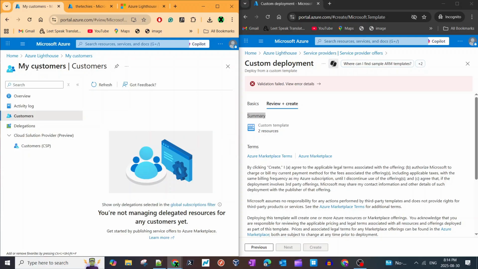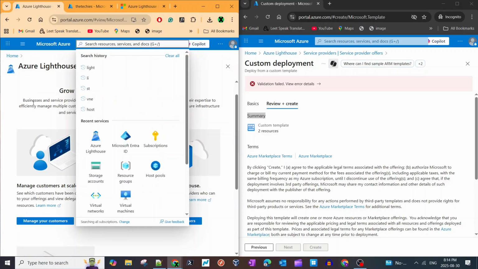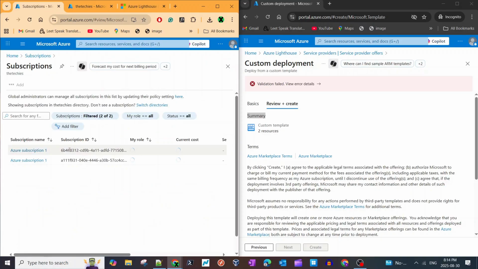And from then on, you just log into one tenant and you will be able to see all the subscriptions